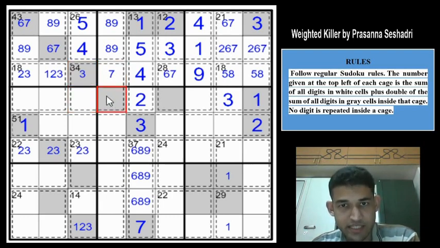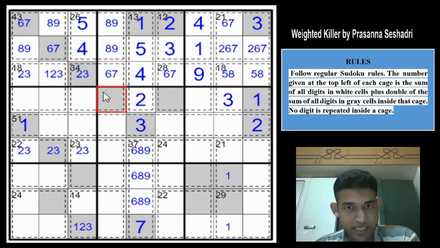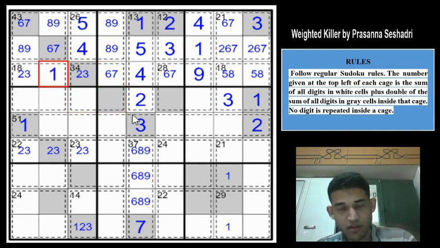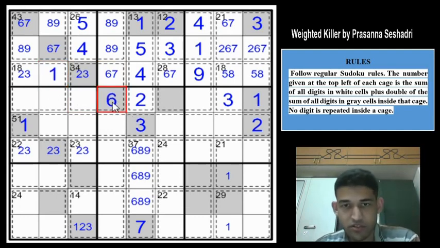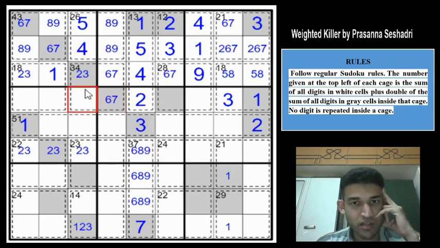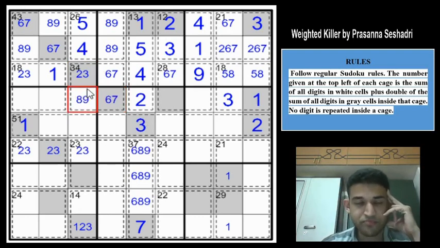I think you can have only 6 or 7 here, right? So this will be 2 or 3. 1 is not possible as we saw already, so this is 2 or 3, because if you have 1 here, then this becomes 7, maximum value 14 plus 1, 15 plus 6, 21. We can't satisfy the cage. So this will be 2, 3, so this will be a 1, right? And this must be 6 or a 7, because if you have a 5 there, you get a 10 from here, 17 from here, and 6 more, 23, and we need 11 more here. So 5 is also not possible. So this is going to be 6, 7. And this will be 8 or a 9, as we saw already.